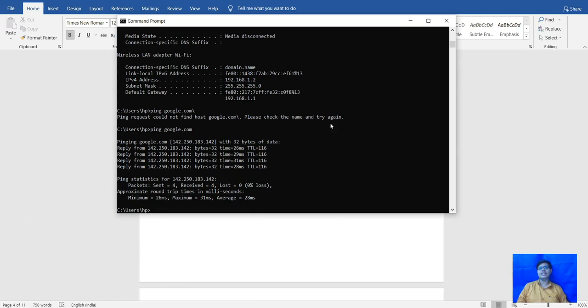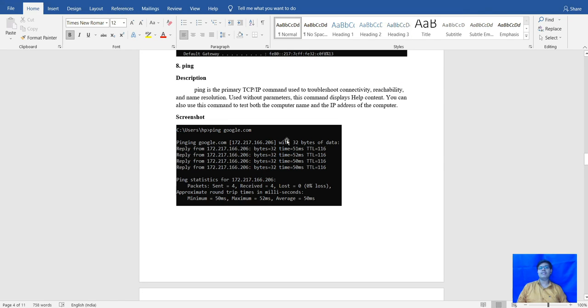By default the bytes is 32, and the requests sent are by default 4. If a packet is lost, it will show that the packet is lost, or else if all the packets are gone, it will show packets sent 4, received 4, lost 0. If any are lost, it will show the number of packets lost while giving the ping command.